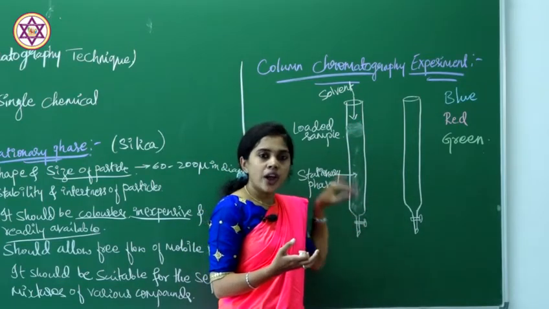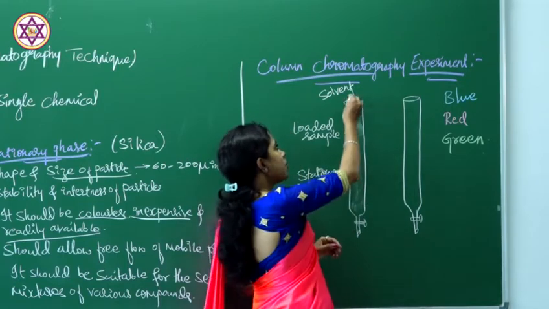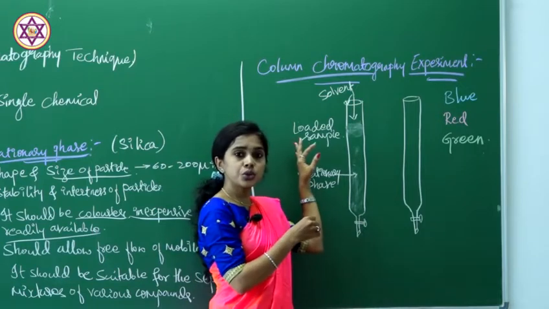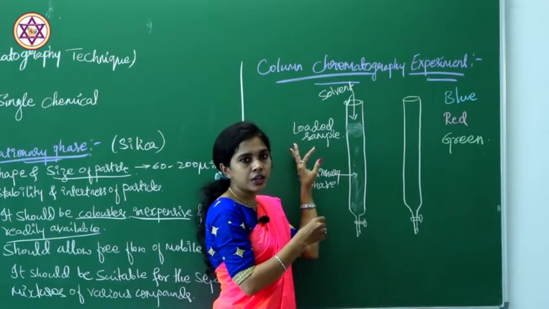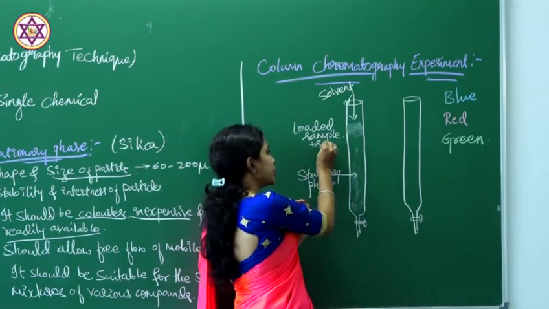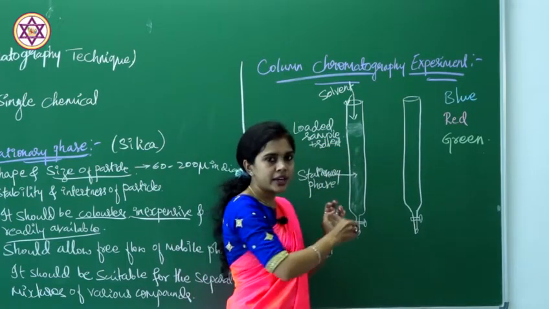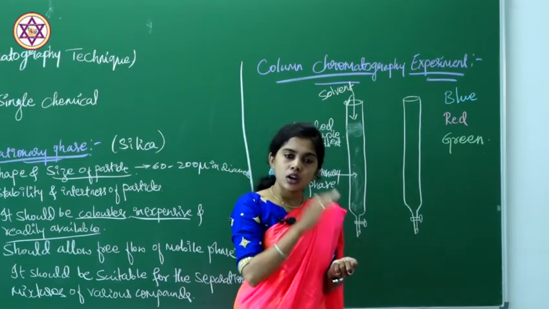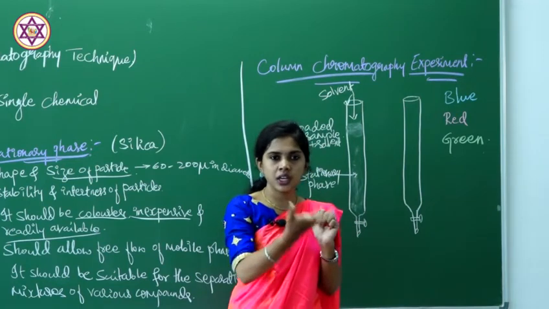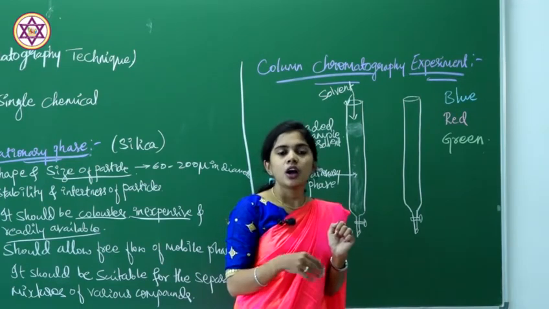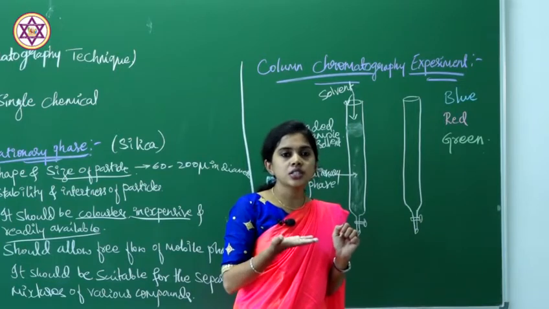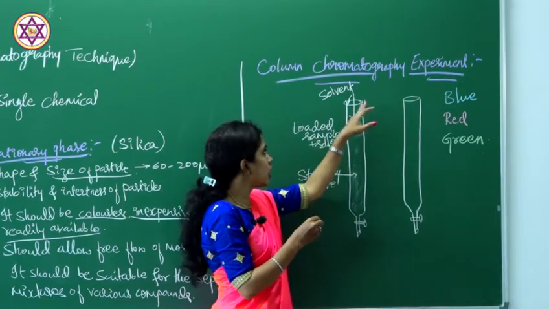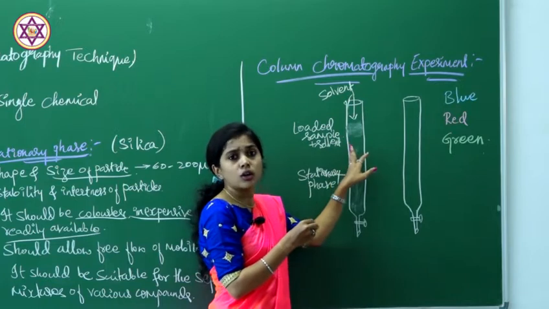Okay, then finally we have to fill from the sides of the glass tube. From the sides of the glass tube we are going to load the given sample. That is sample plus solvent. We are not going to just add the sample directly. For example, if it is a liquid and can easily be absorbed on the solid surface, that is on the stationary phase, then we can take it directly. But if it is solid in nature, it cannot be absorbed on the stationary phase, so we have to add a suitable solvent, that is sample with the solvent. We are going to add it from the sides of the glass tube.